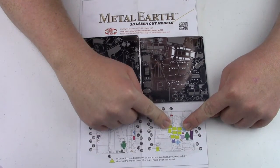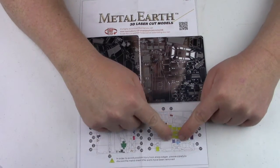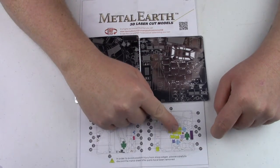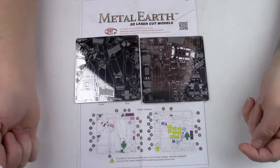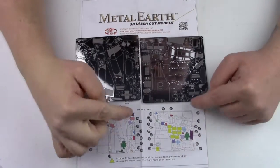One of them is numbered 11. They're not going to number every one. You know that the rest of these are part 11 because they're the same color. There's another one down here. This happens frequently